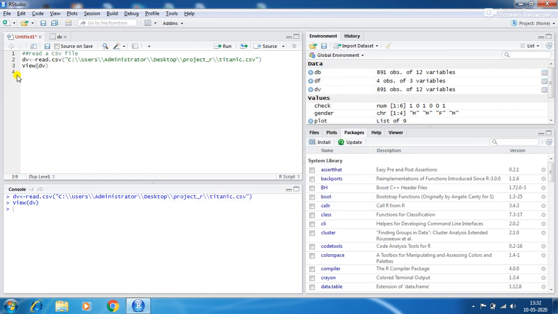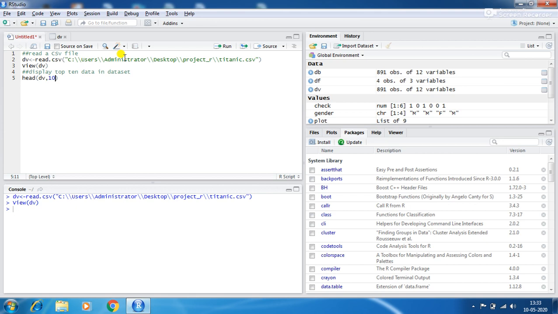Then, how to display the top 10 and the bottom 10 data in the dataset? The head command is used to view the top 10 data in the dataset, that is head of db with 10.